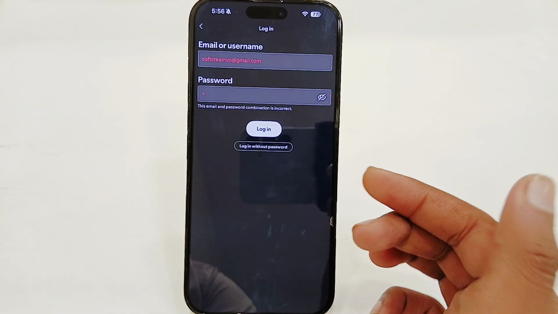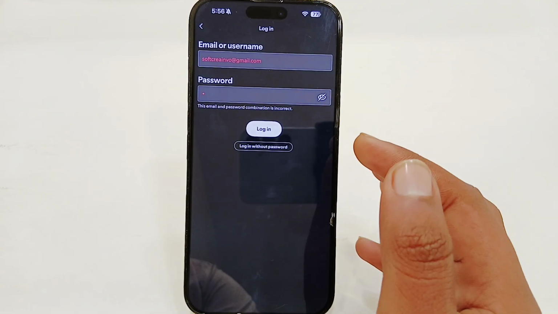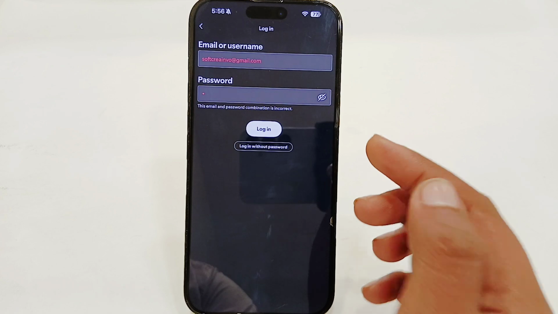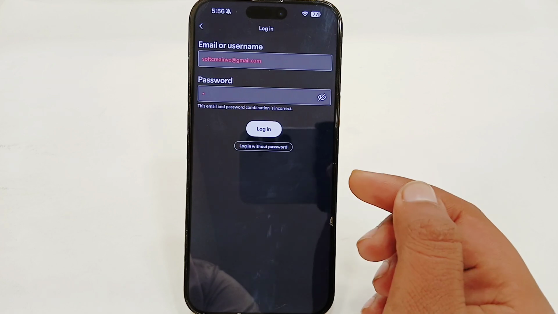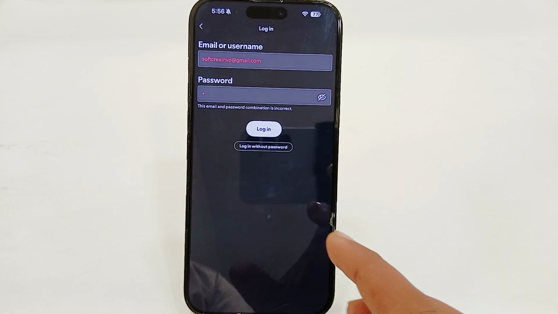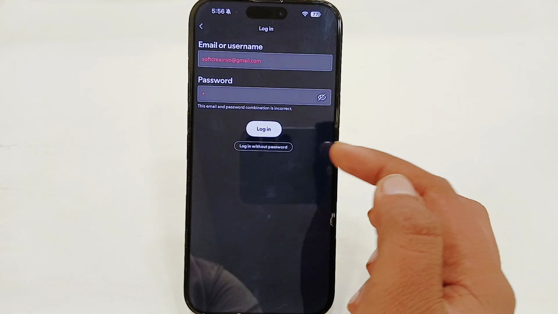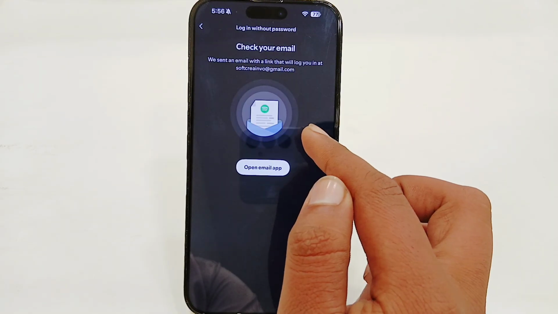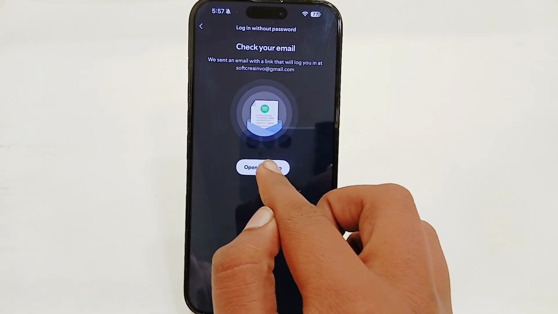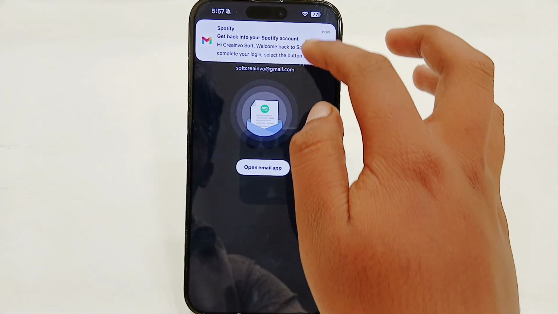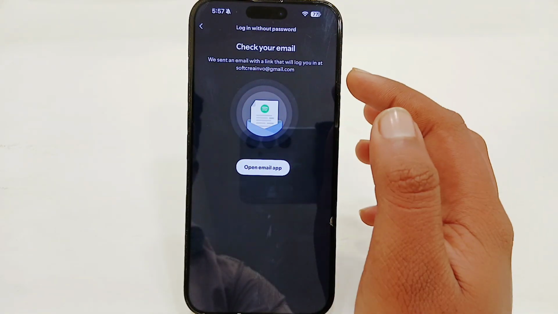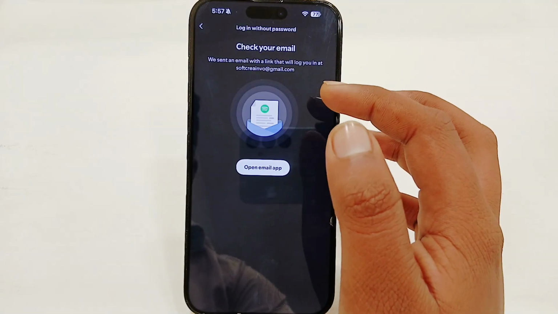There's a very easy step to fix the issue. You have to keep in mind that the email or the Gmail account you're trying to log in with must be logged in on your phone. So once you are logged in, you just have to tap on this login without password option. And here, you just have to tap on open email app. You can see that we have sent an email with a link that will log you in at the Gmail